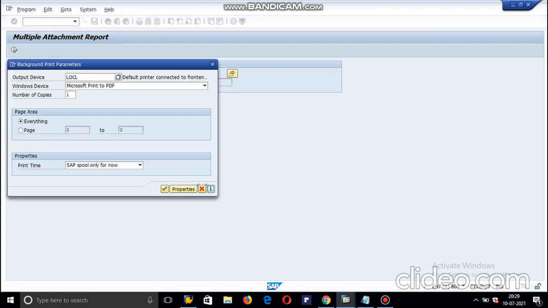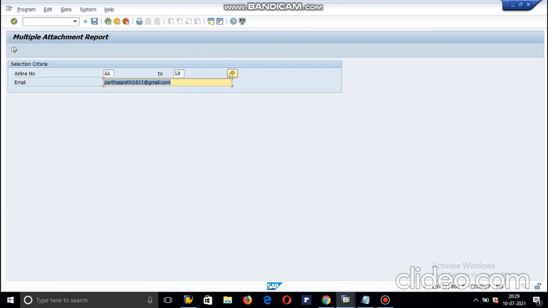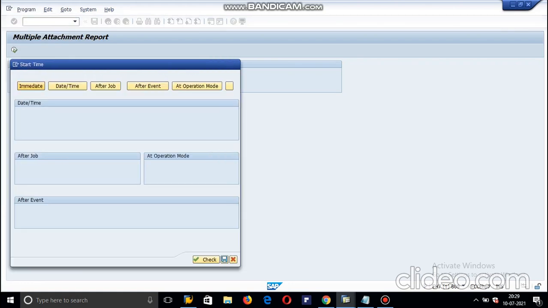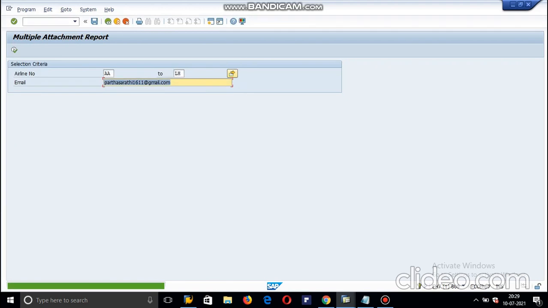How do I execute in background mode? Go to Program, Execute in Background, choose immediate and save it. It shows that the background job is being scheduled.